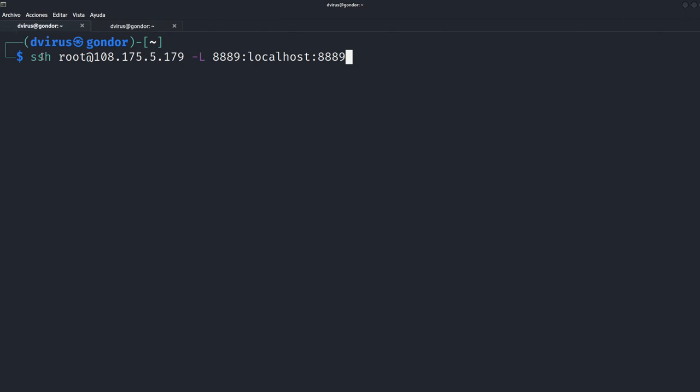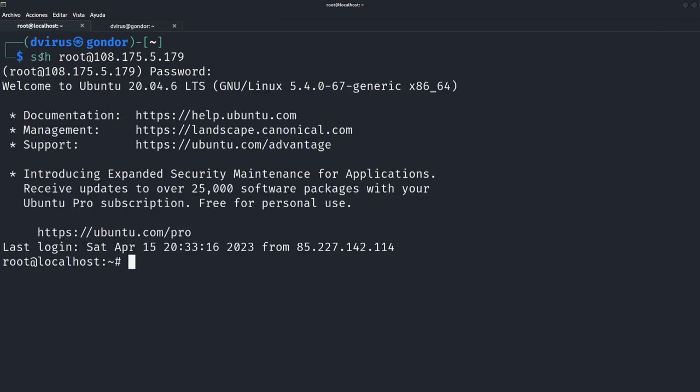I will access via SSH to my server. You can use PuTTY or you can use PowerShell to do this. So now I'm inside the Ubuntu machine,